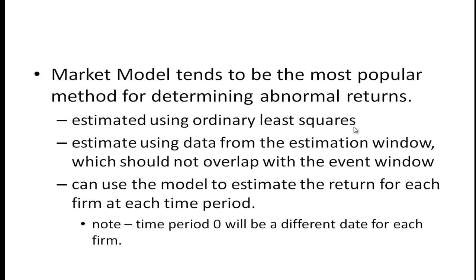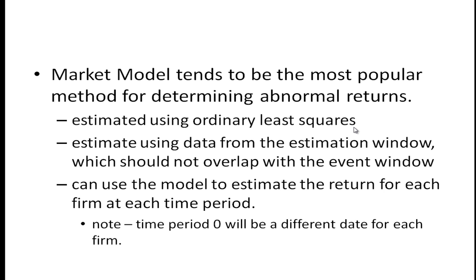Now, the market model tends to be the most popular method for determining these abnormal returns. And as I mentioned before, it's estimated using ordinary least squares, which is really quite easy to do because you can do it in a spreadsheet. Every statistical computer program you have does ordinary least squares. You can even do it on a scientific calculator. You can type in your R_mt and your R_it, and it will estimate